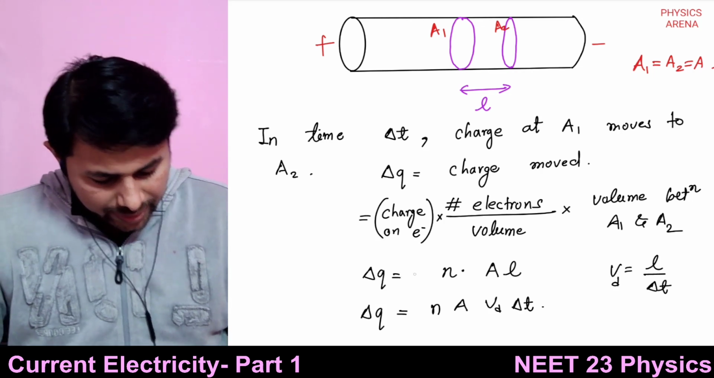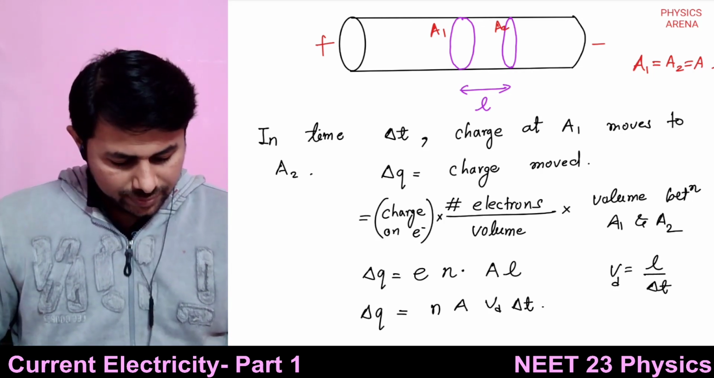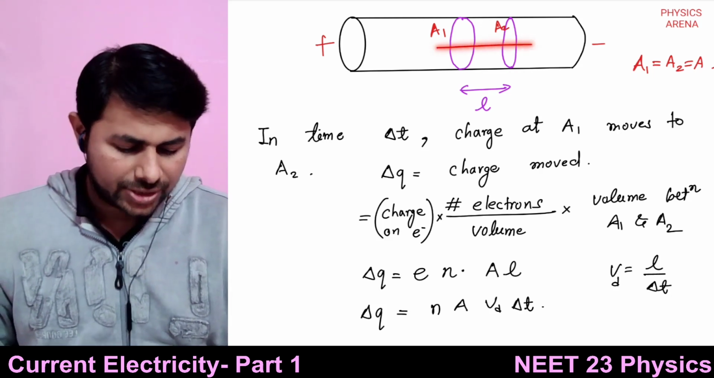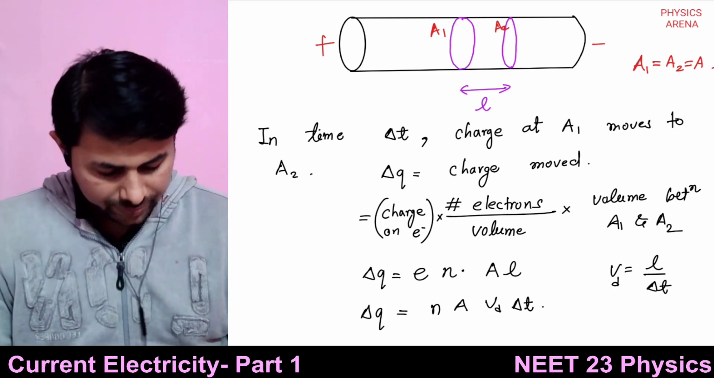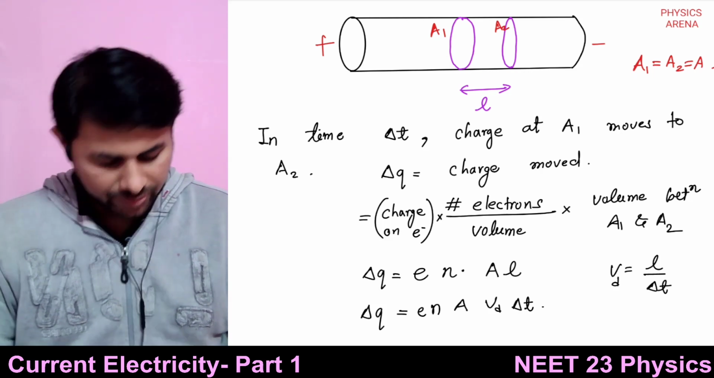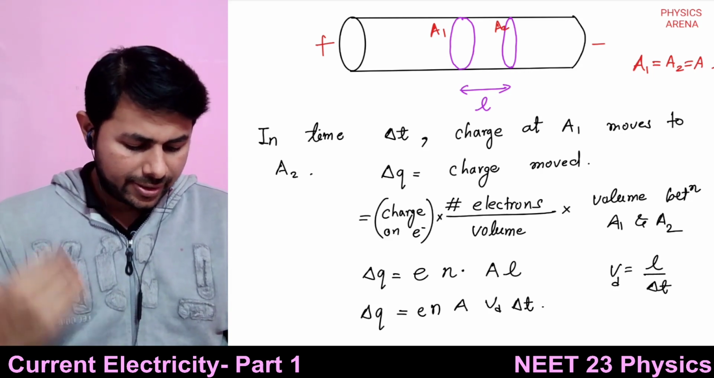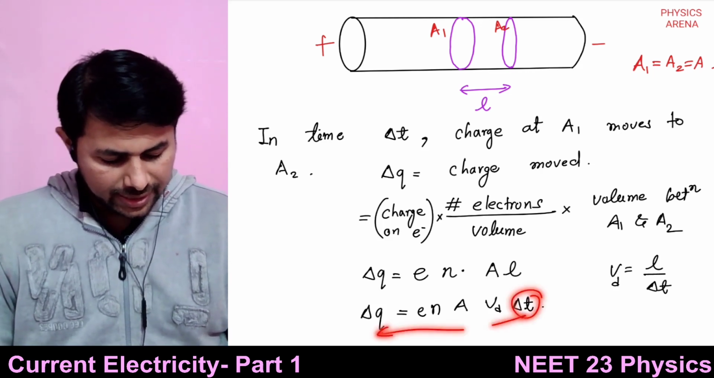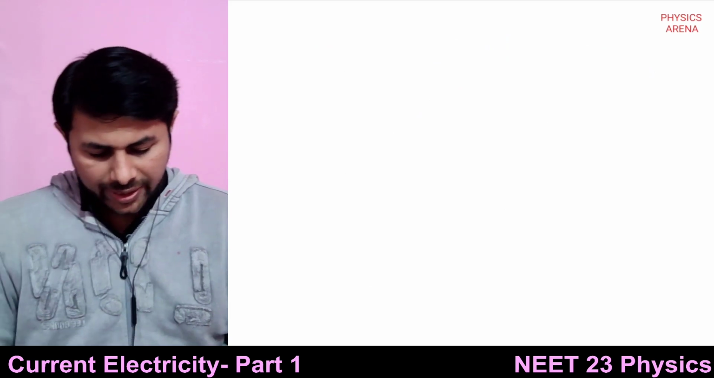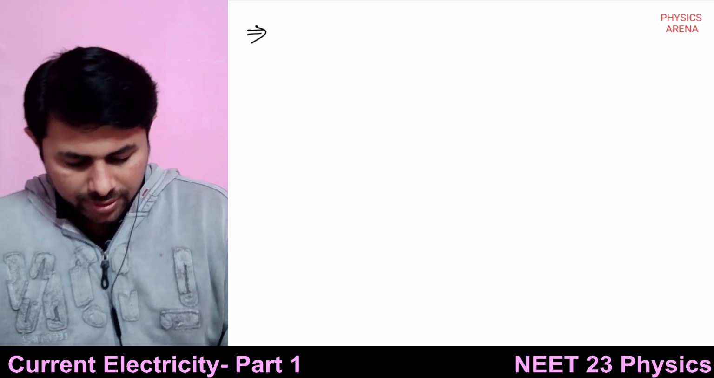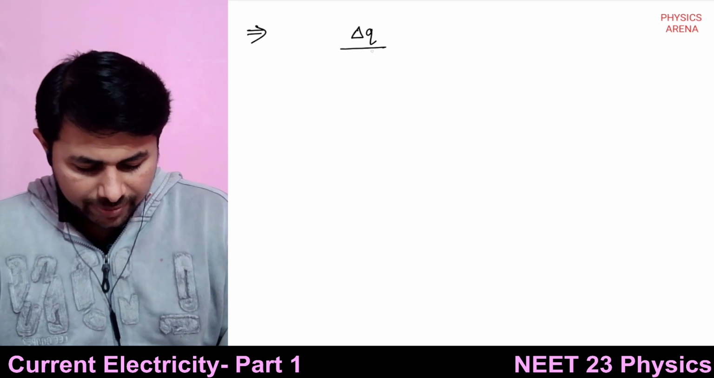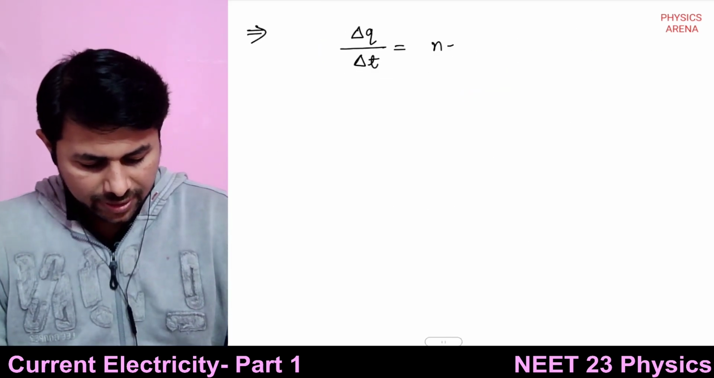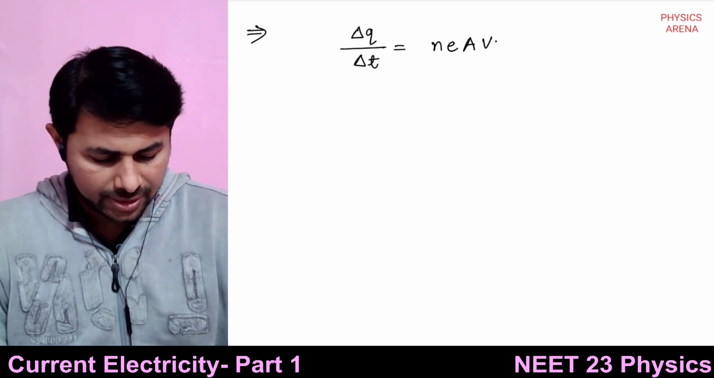Charge on an electron is equal to e. Okay, we'll consider its magnitude only because we are considering positive charge which is moving from A1 to A2. Right, so it will be e times n into A into Vd multiplied by t or delta t. Let's take delta t on the other side. So what do we get? This implies that delta Q divided by delta t is equal to n times e multiplied by A multiplied by